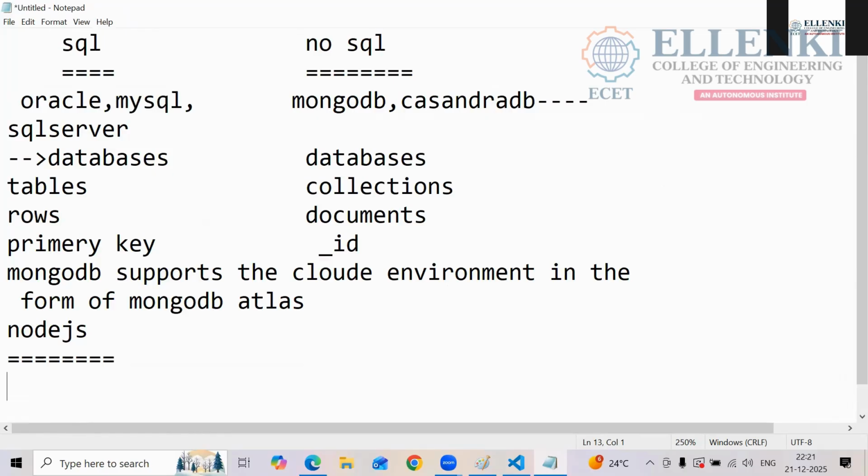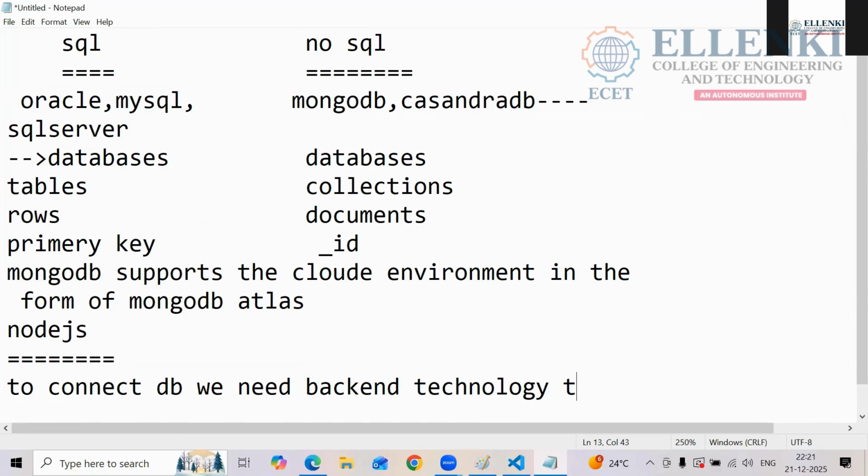To connect to a DB, we need a backend technology, that is Node.js. Node.js is used to connect to the database. We will develop Node.js applications with the help of JavaScript. In Node.js also we are using JavaScript.